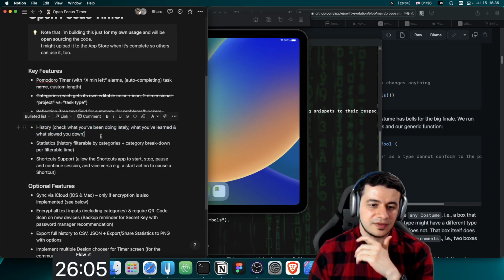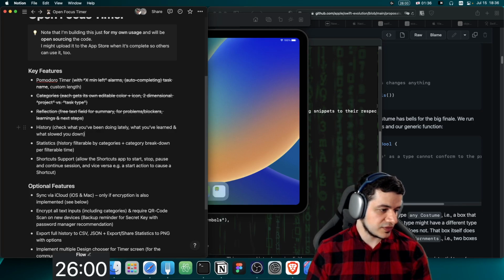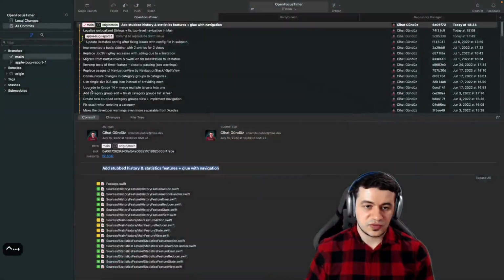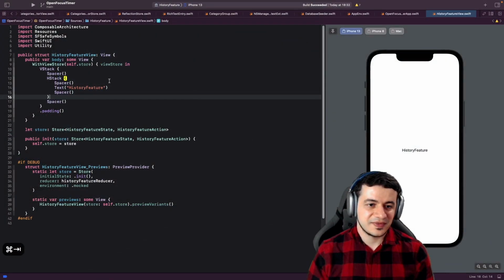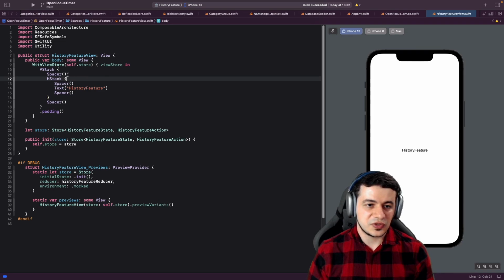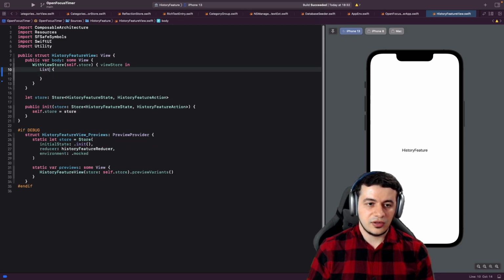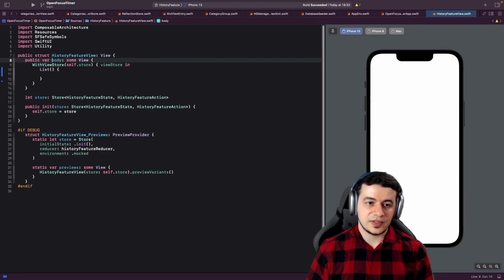Let's see if we can get this done within a few minutes. Actually, I'm going to turn off the countdown here because we are already time-wise at the end of the stream, but I'm going to try to quickly implement this feature with the history. So very simply put, what we want to have here is just a list of, and the objects are going to be basically focus timers. So let's just